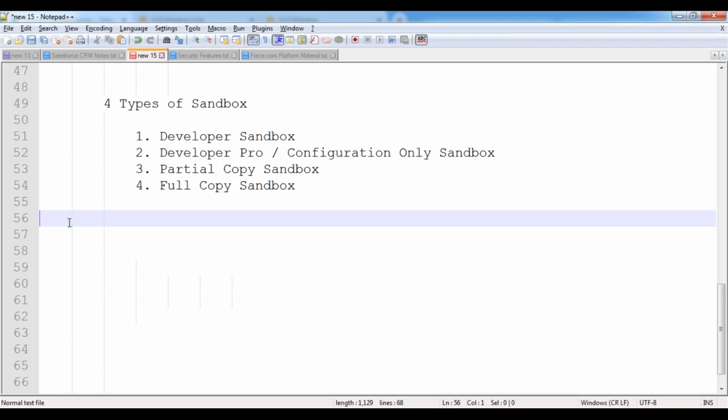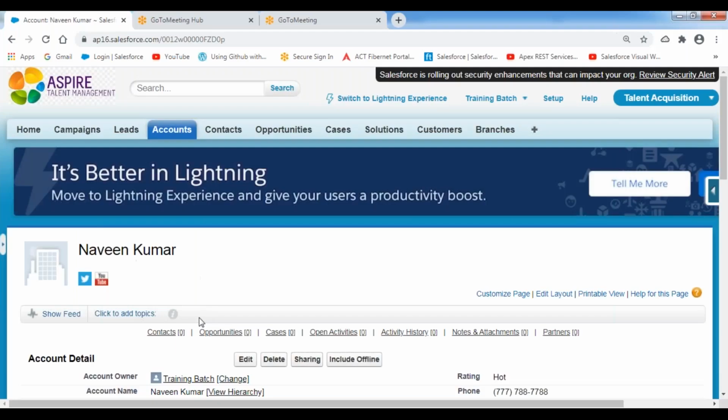Generally, sandbox options are available only in the licensed editions. We don't have that option inside the free developer edition. In the free developer edition, we don't have any option to create sandboxes. For example, this is my free developer edition which we are using. When you go to the setup menu,